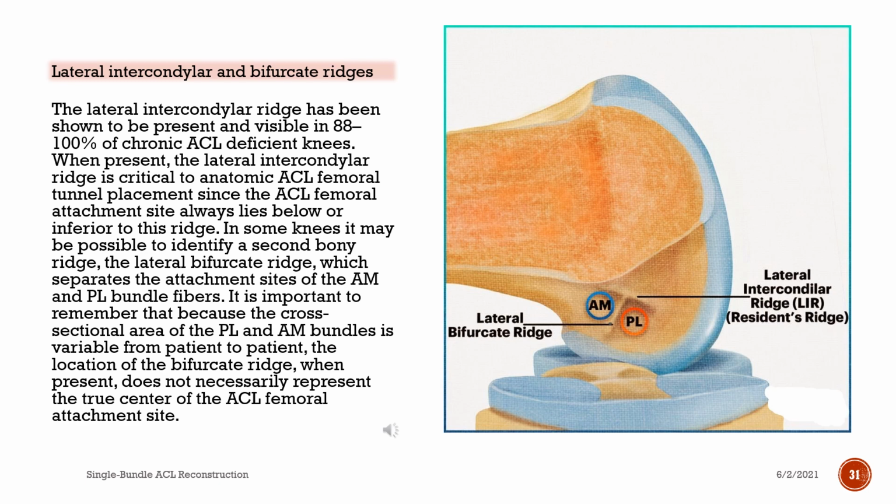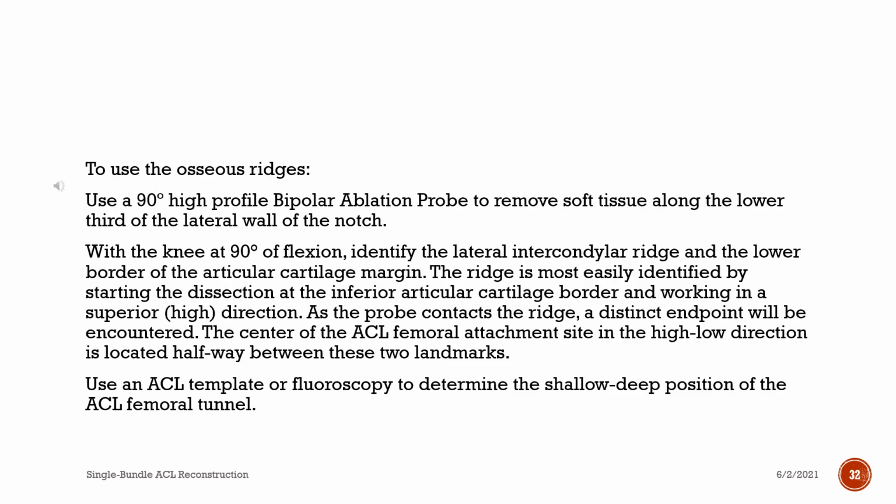In some knees, it may be possible to identify a second bony ridge, the lateral bifurcate ridge, which separates the attachment sites of the AM and PL bundle fibers. It is important to remember that because the cross-sectional area of the PL and AM bundles is variable from patient to patient, the location of the bifurcate ridge, when present, does not necessarily represent the true center of the ACL femoral attachment site. To use the osseous ridges, use a 90 degrees high-profile bipolar ablation probe to remove soft tissue